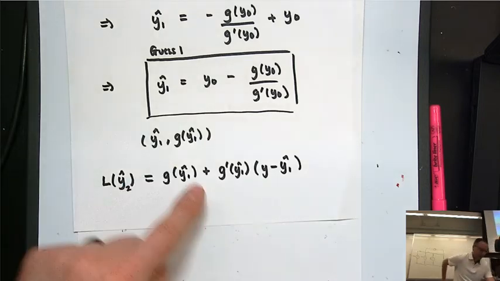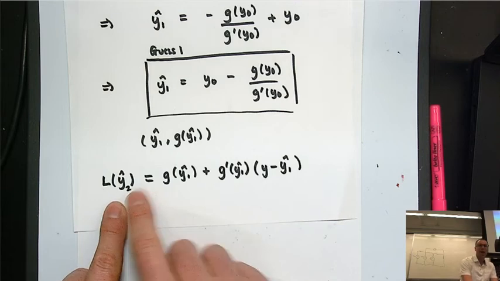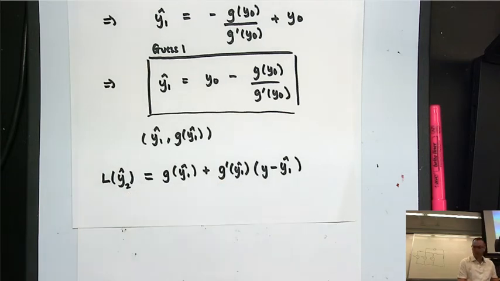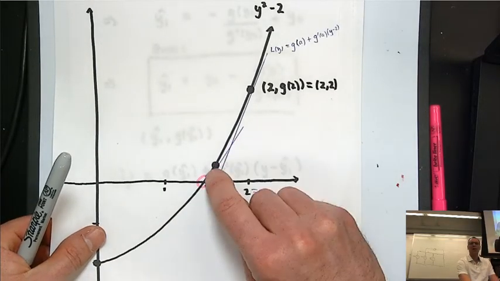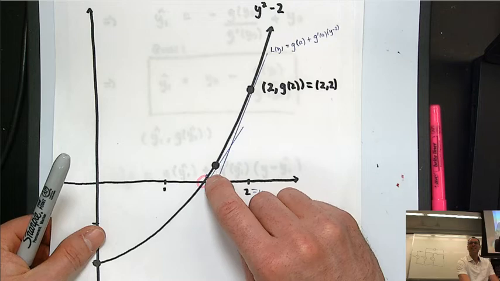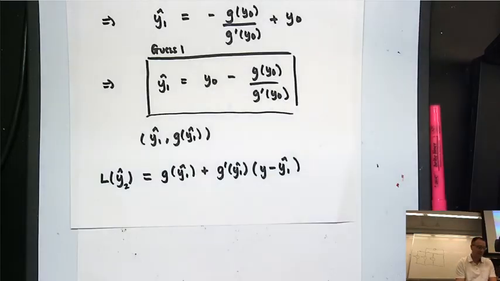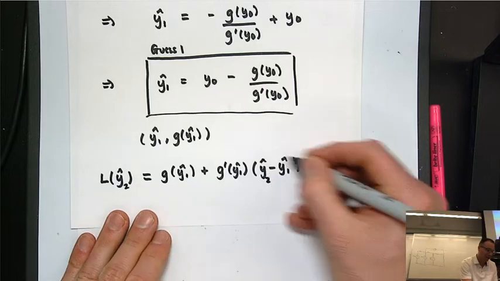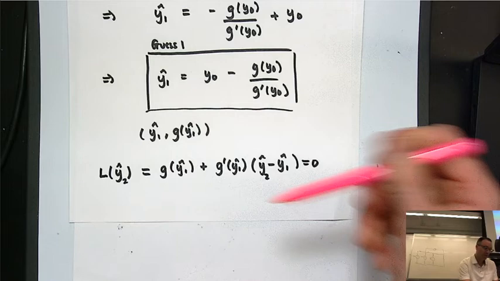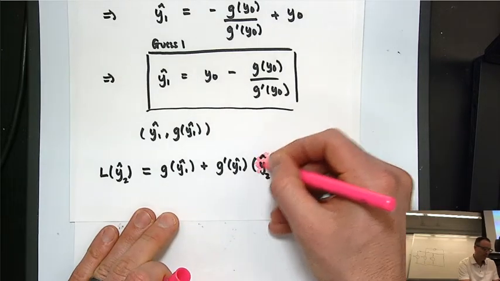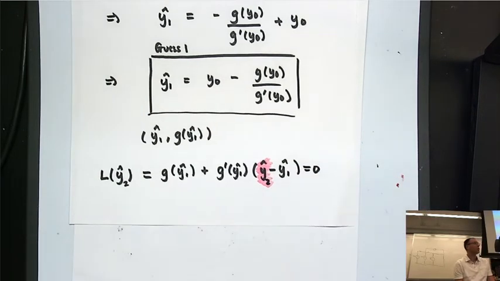So, if I want my second guess, how would I find my second guess from this? Well, where does the second guess happen? It happens where the tangent line is at 0. So I set the entire thing equal to 0, and I say, what's the input value where the chosen output touches 0? Well,